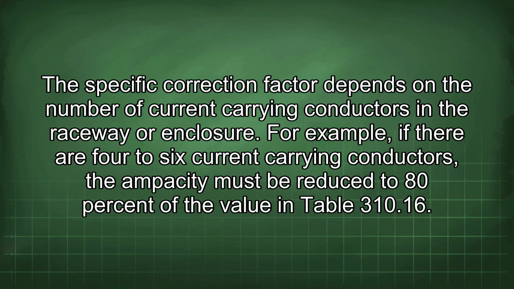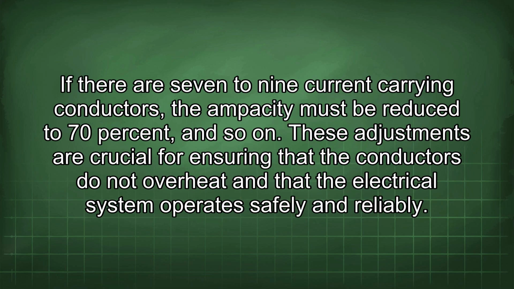The specific correction factor depends on the number of current carrying conductors in the raceway or enclosure. For example, if there are 4 to 6 current carrying conductors, the ampacity must be reduced to 80% of the value in Table 310.16. If there are 7 to 9 current carrying conductors, the ampacity must be reduced to 70%, and so on. These adjustments are crucial for ensuring that the conductors do not overheat and that the electrical system